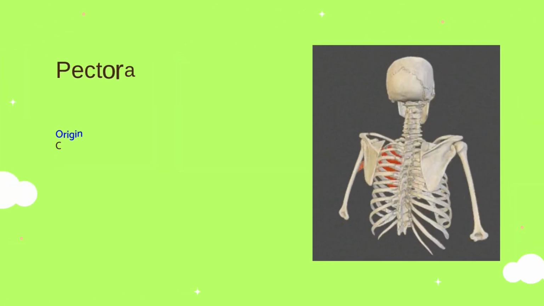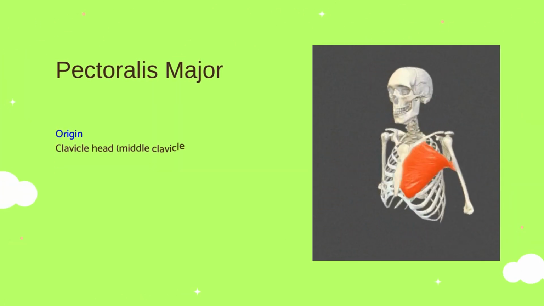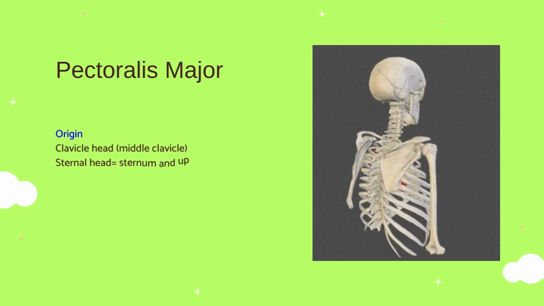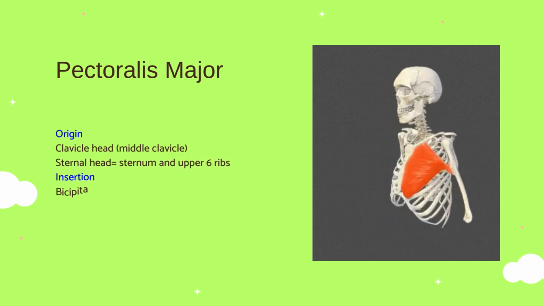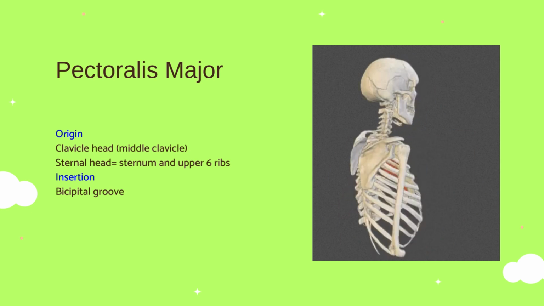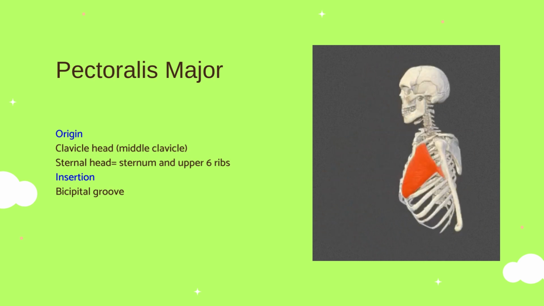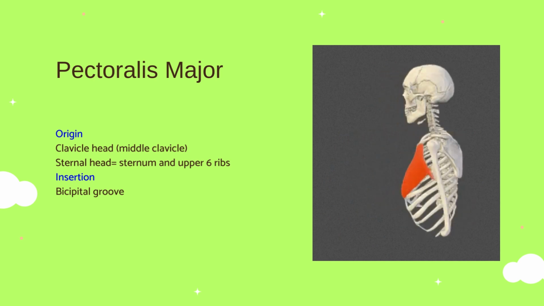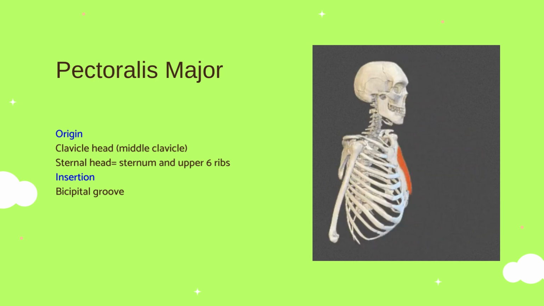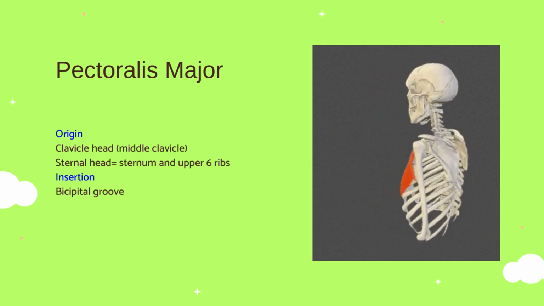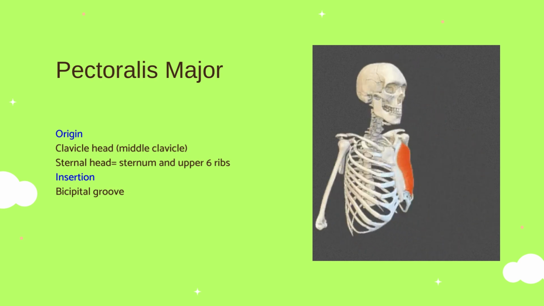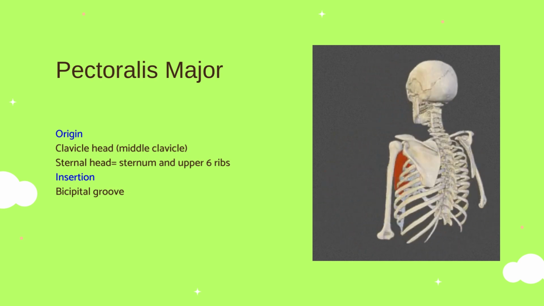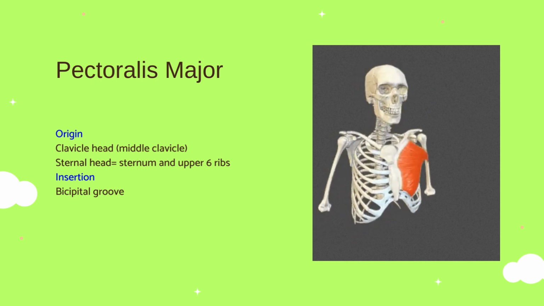The pectoralis major muscle is a large, fan-shaped muscle located in the anterior chest region. It plays a crucial role in movements of the shoulder joint, particularly in actions like shoulder flexion, adduction, and medial rotation. Pectoralis major muscle originates from several points on the anterior thoracic wall, including the clavicular head, which originates from the medial